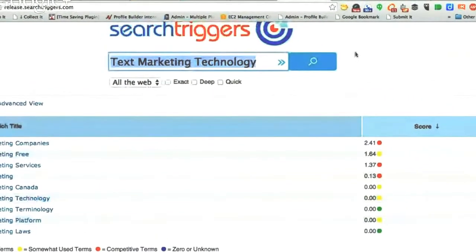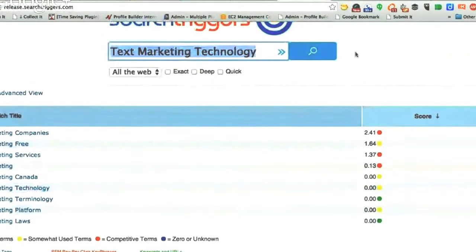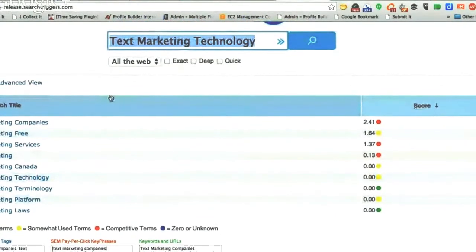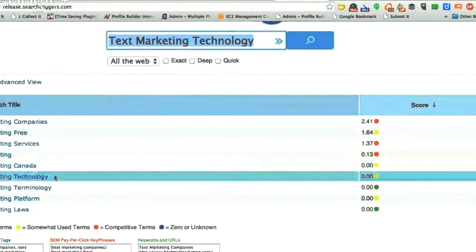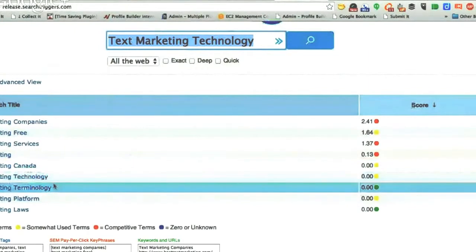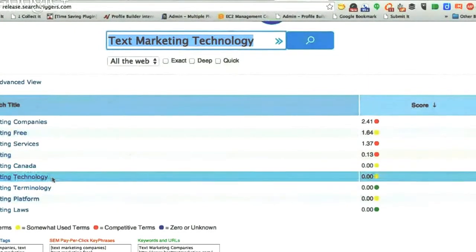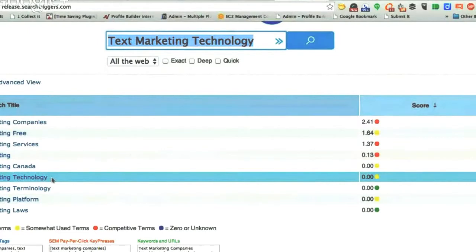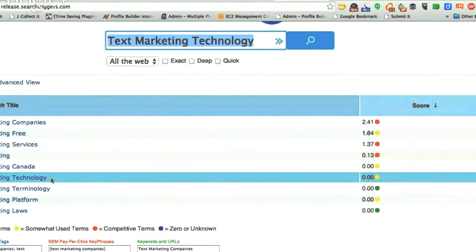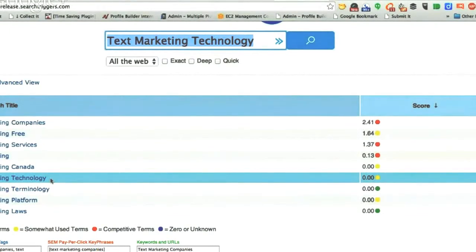So where do I go now to find out whether text marketing technology is still a good post for me to write about? Well, it's very competitive and doesn't have any traffic, so I would say no. But if I wanted to pay for my traffic, the reason it has a score of 0 is because there's no traffic under it. If I paid Google or Bing, if I wanted to run some AdWords, that'd be really, really cheap, I'd imagine, because there's no competition for it. So could I get traffic that way if I paid for it?